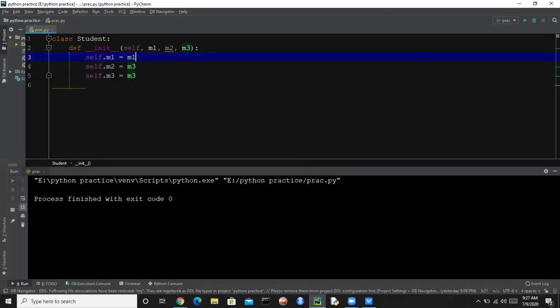These variables that are associated with an instance, or you can say an object, are called instance variables.